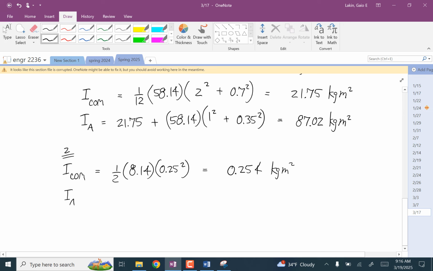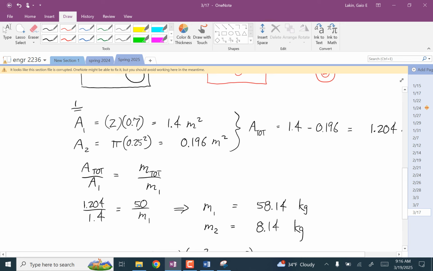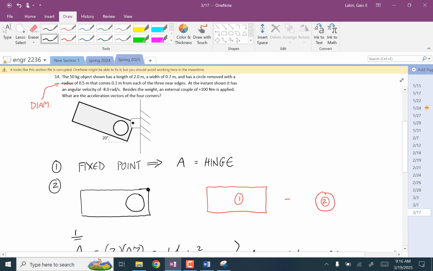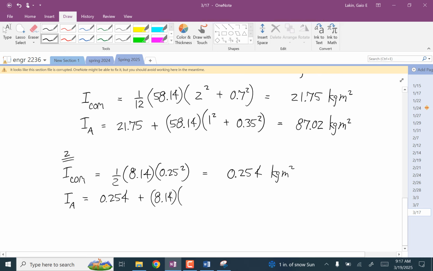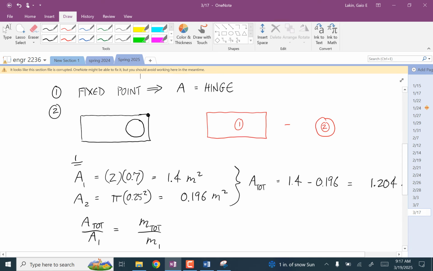And now parallel axis theorem to get it about the hinge. So we have 0.254 plus 8.14 times the distance from the center of mass to the edge. Okay, so vertically, that distance is going to be just half of the width of the rectangle, so 0.35. We're going to square that. Horizontally, it's going to be 0.35 plus another, so the diameter is,